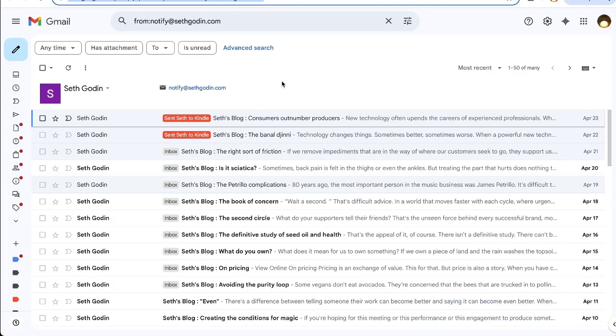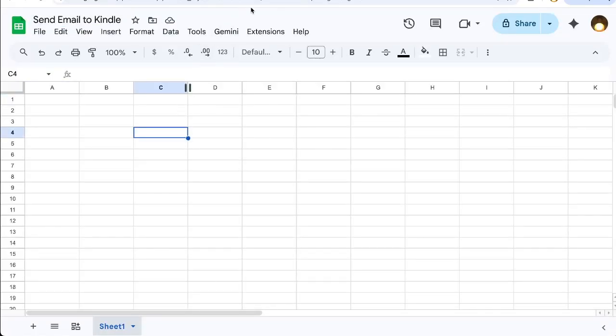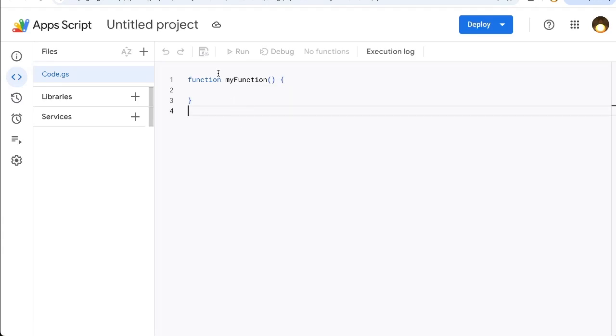There are a few steps you have to do outside of this video to set it up, but we're actually using a blank Google Sheet and AppScript. I'm going to show you every line of AppScript you need to write. I'm going to explain what you need to do, but first, I want to explain that you do need to